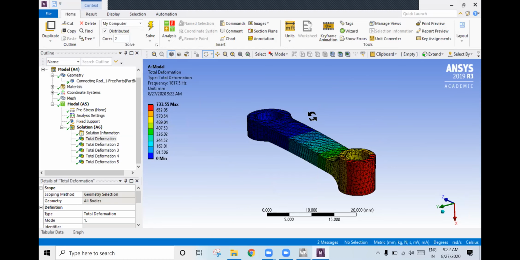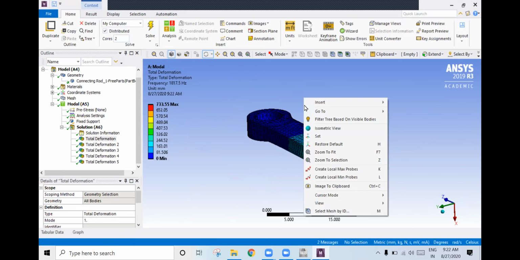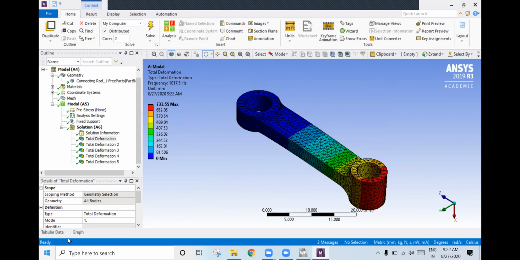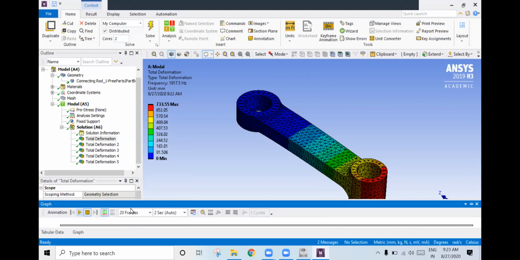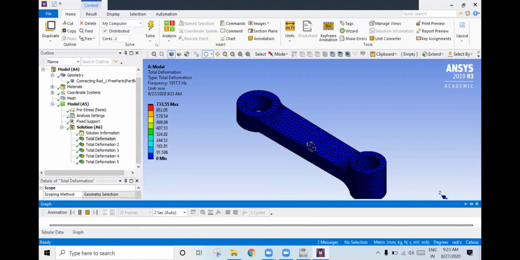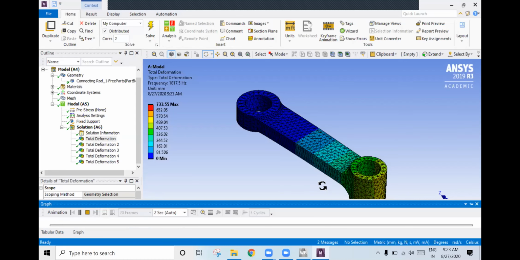See, 1 minute. Okay, once you go to graph here, you can observe the mode shape. See, it is moving in this direction. This is the natural frequency.